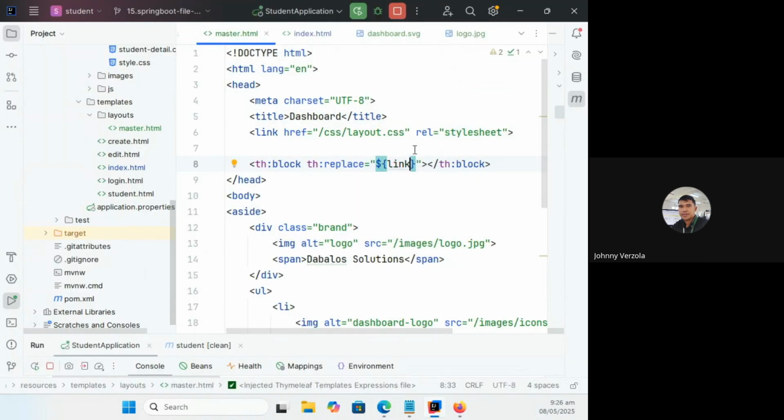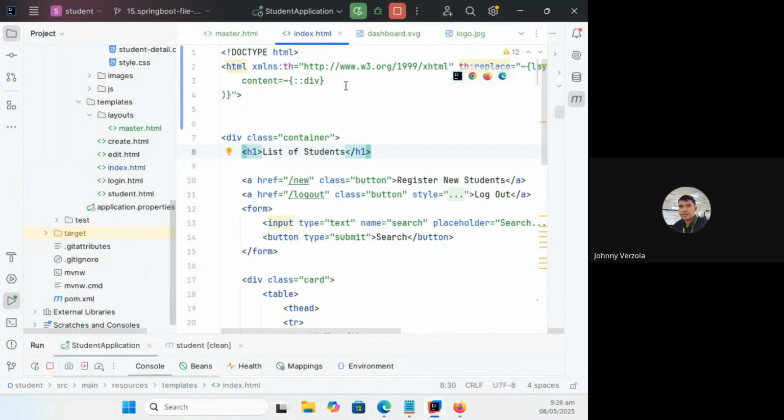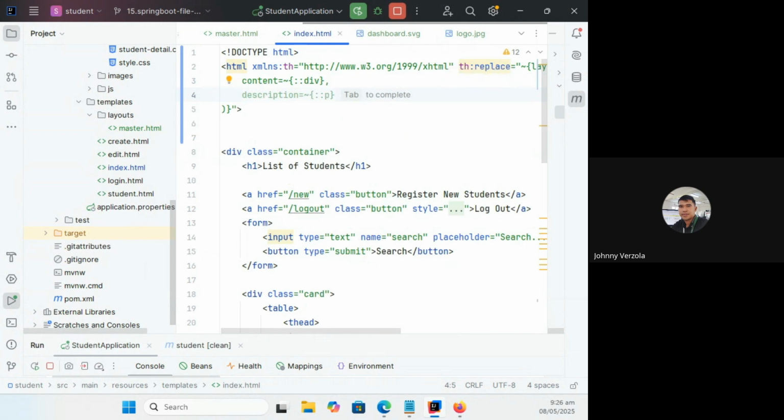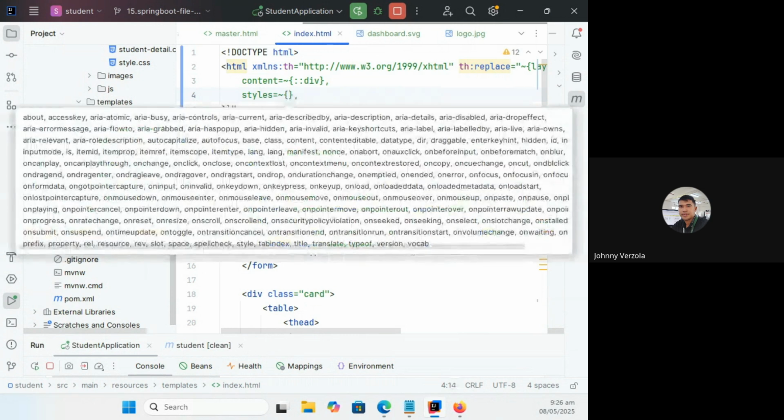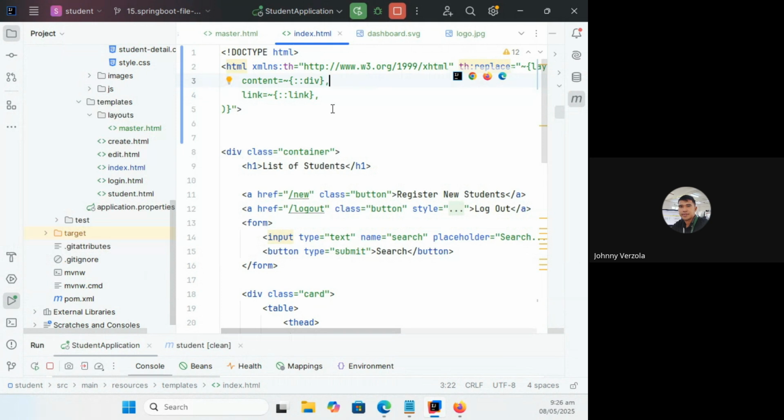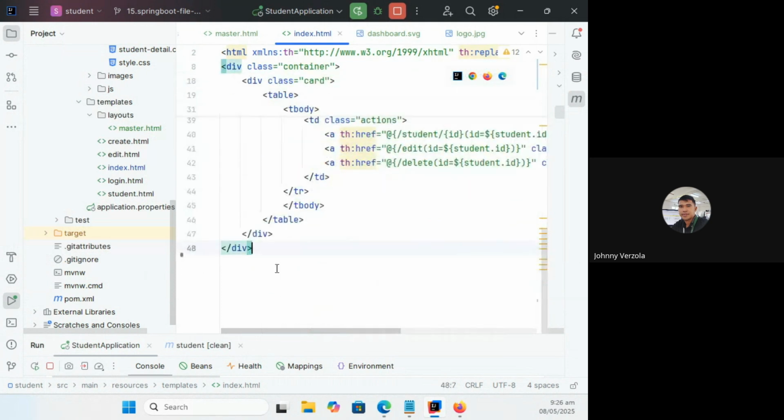For example, we can have a separate CSS for the table, just like that. We have the link slot name or variable name that we can refer to, to place another CSS. So it's the styles. The reference name is link, and then this will be replaced by the link that we're going to create in here.